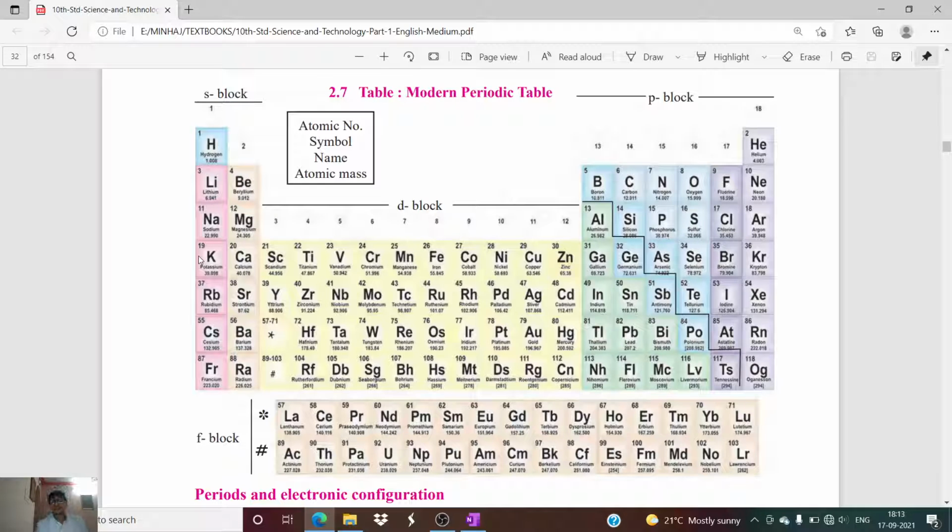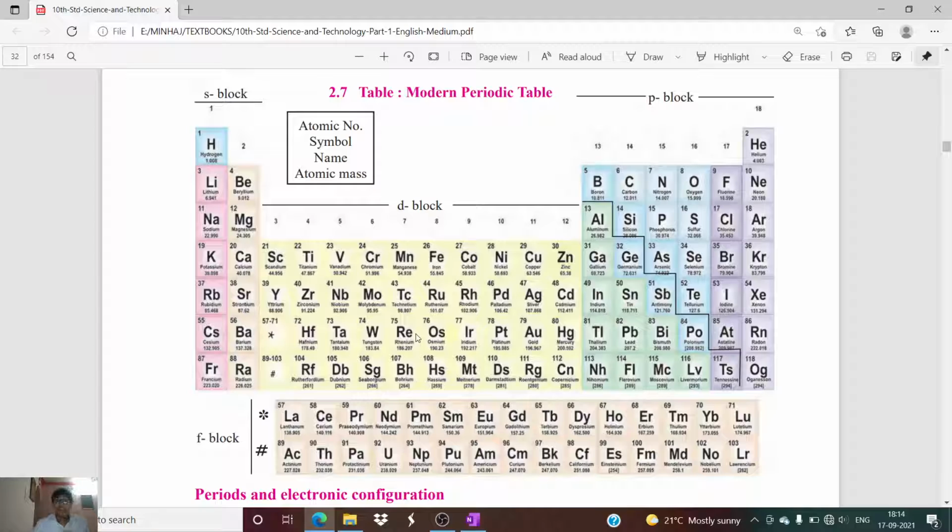As we are learning chapter number 2, that is periodic classification of elements, we have seen all the classification that was done to classify all the known elements. Now, the recent classification and one of the most precise classifications was given by Henry Moseley. He gave us the modern periodic table, and it is used in the present time to study all the known elements. We know at least 118 elements in the present time, and all the known elements are classified in this table.